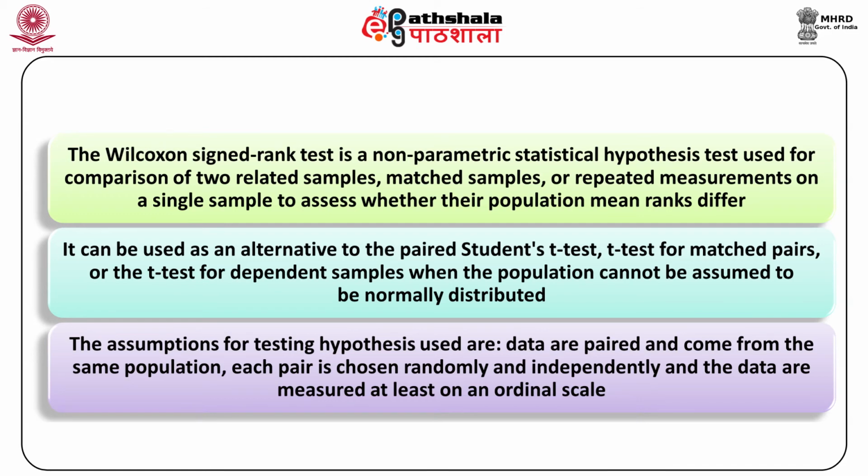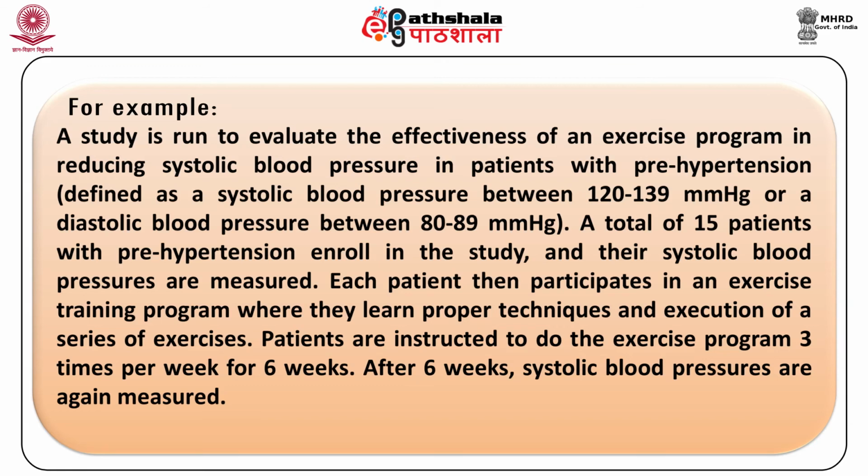The assumptions for testing hypotheses used are: data are paired and come from the same population. Each pair is chosen randomly and independently, and the data are measured at least on an ordinal scale. For example, a study is run to evaluate the effectiveness of an exercise program in reducing systolic blood pressure in